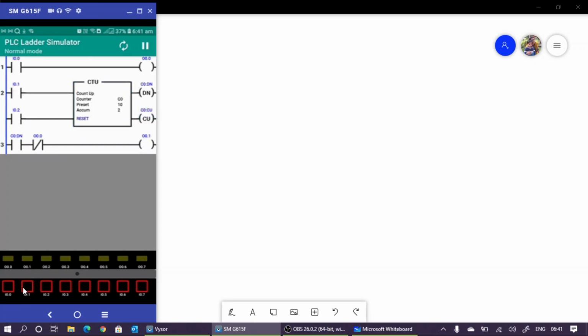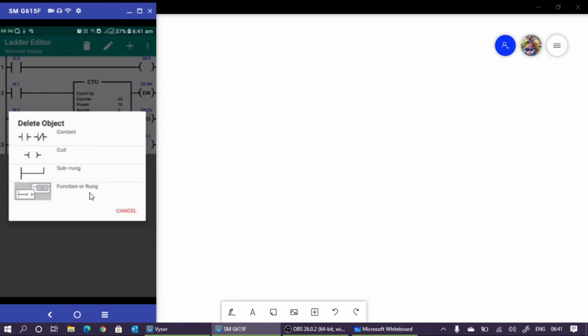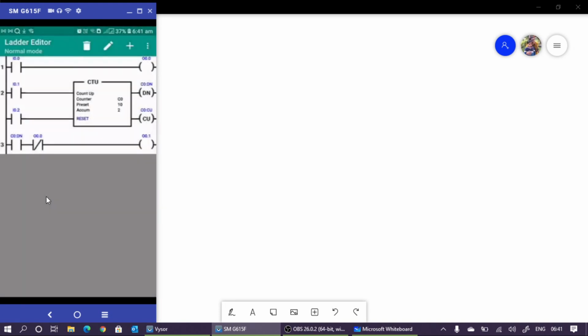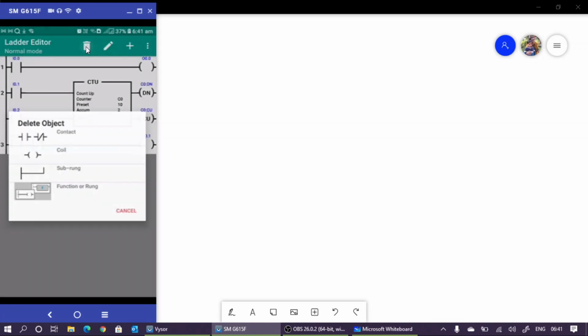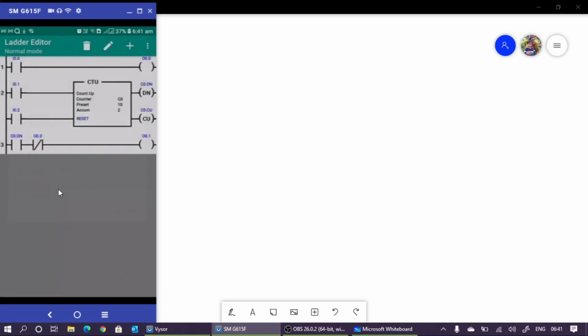Okay, so I think this is enough. So now I am going to delete this counter up. Ladder editor, delete function or rung. So you can see that we are unable to delete. So we can delete function.